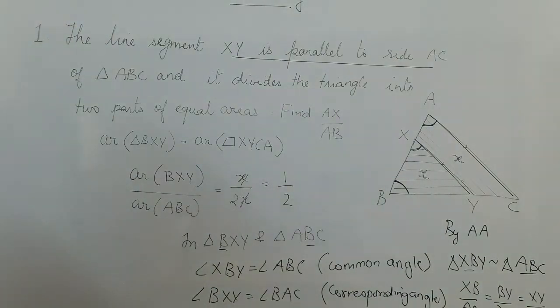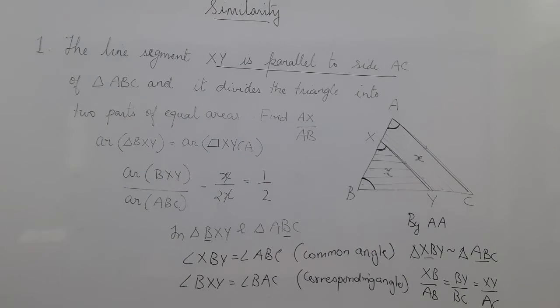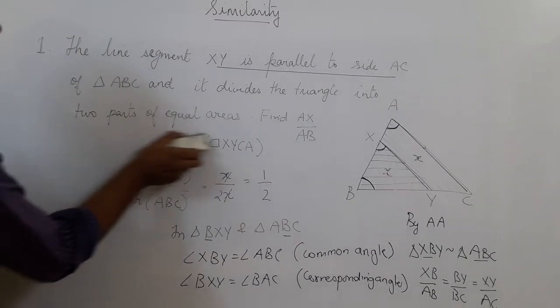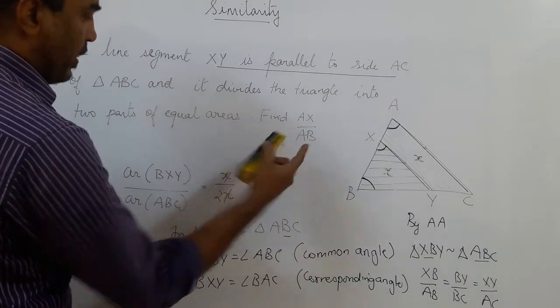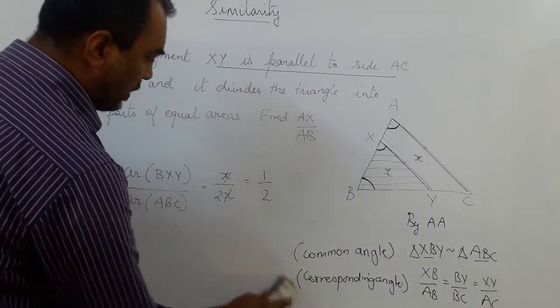Is it clear till here? Can you see it clearly on the board? Okay, it is slightly off the board. So I hope you can see the ratio so far. Yes, I have to rub off a little. We have to find AX upon AB. So now I am taking this off and keeping what is needed.